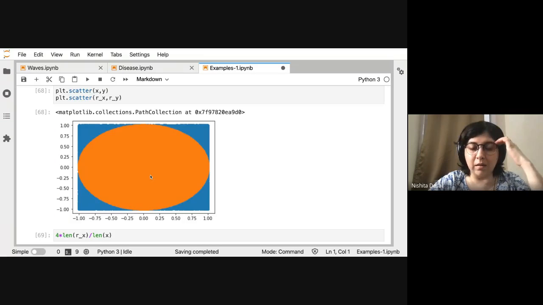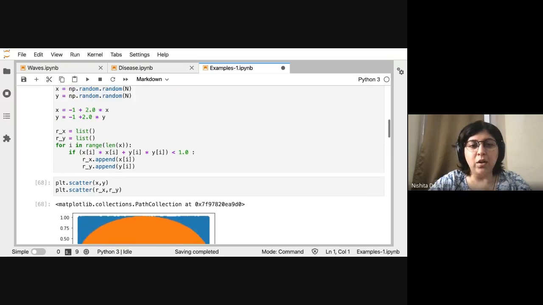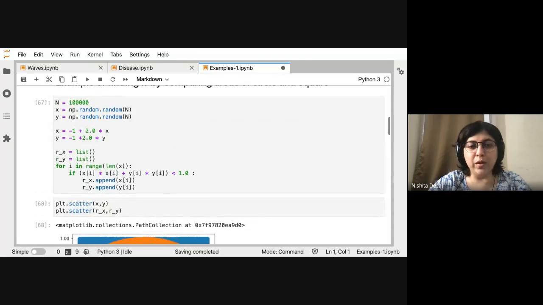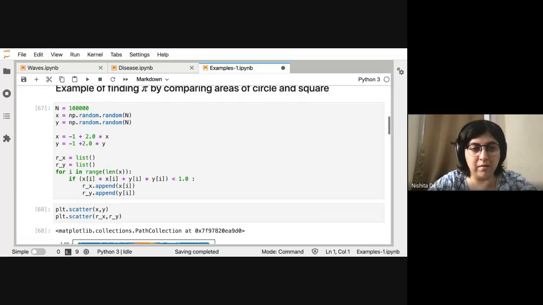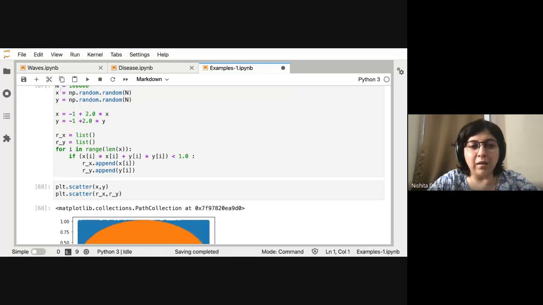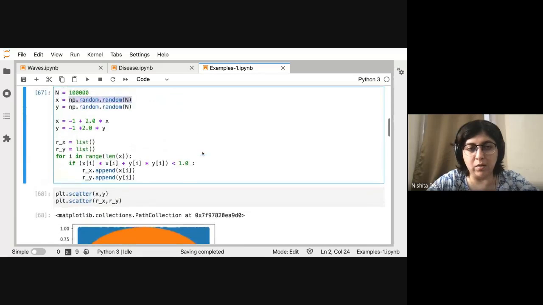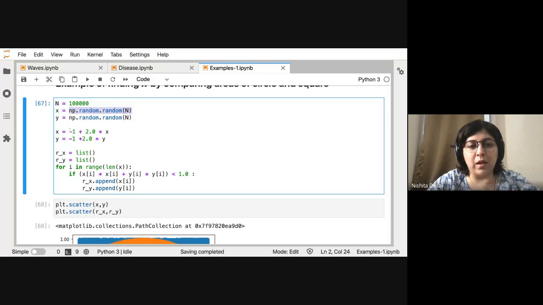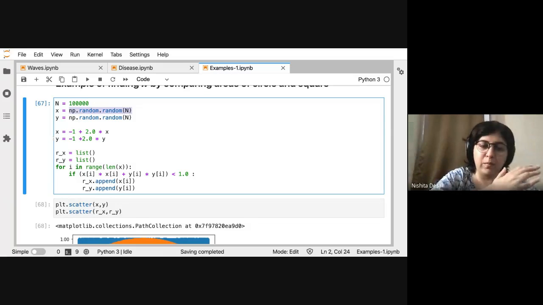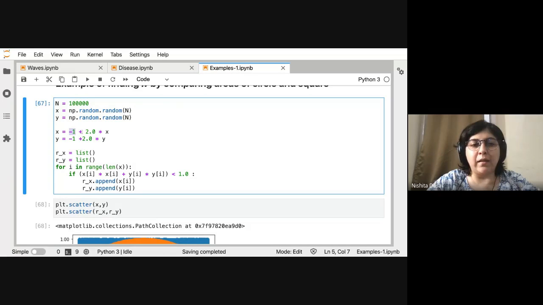So you can use this simple idea to calculate the value of pi. You get some random numbers between 0 and 1, but you want them to fall between -1 and 1. So you shift it to center: instead of going from 0 to 1, you shift it by -1, and then multiply by 2 for the normalization. And let's get a smaller number, so you'll see first what is going on.